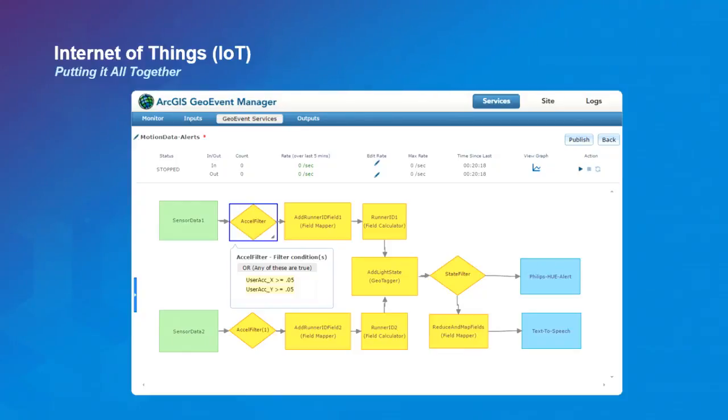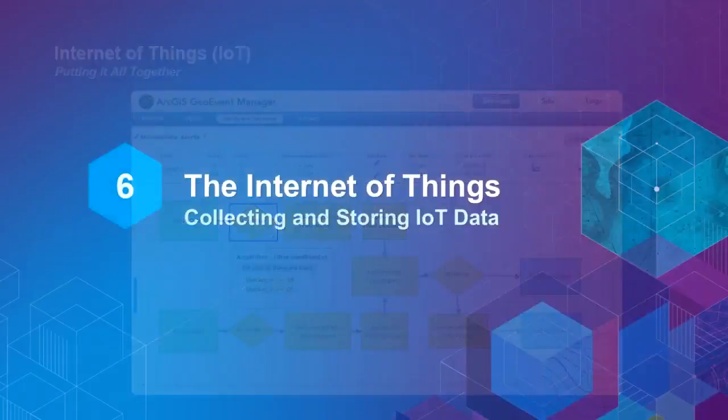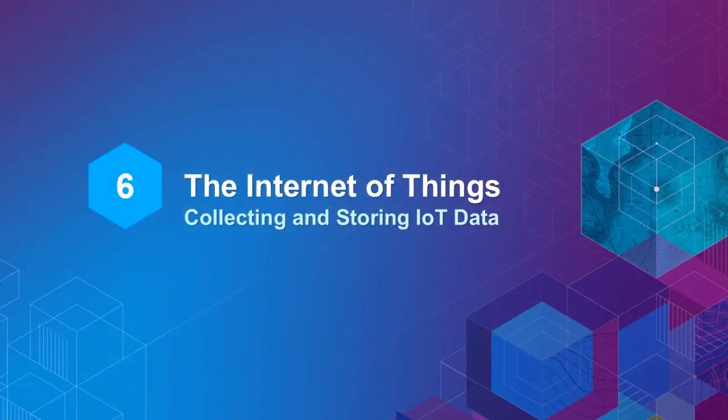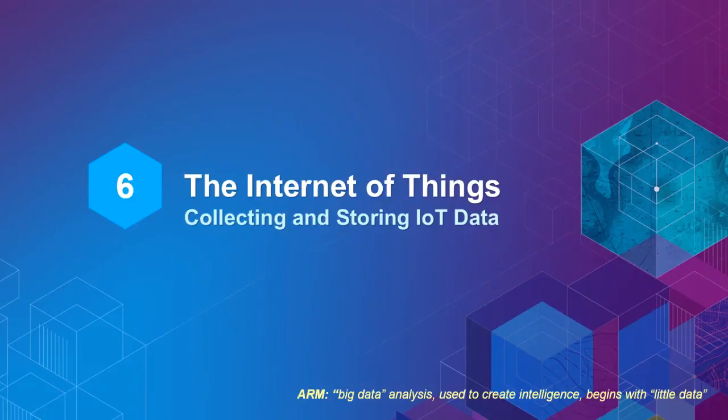So basically, we have the runner. If it's over a certain speed, we add the information about the geofence. We determine whether or not that fence is active at that time. And if it is, we send that out. One is an alert to flash red. And we have a second one that went to the text-to-speech app that Moorcott was showing. So we're going to kick things back to Moorcott here, who's going to wrap up for us.